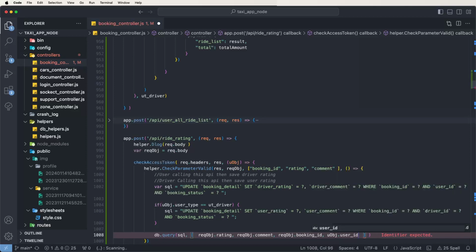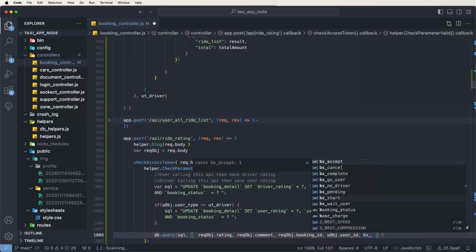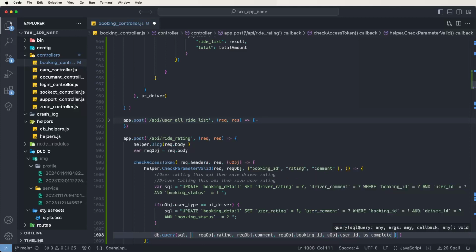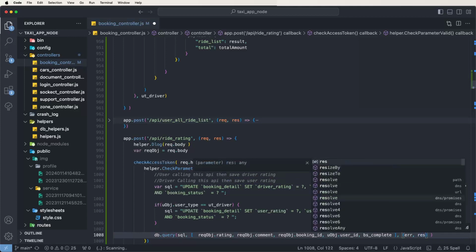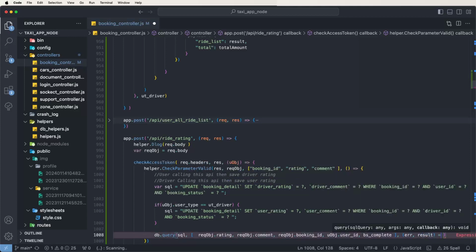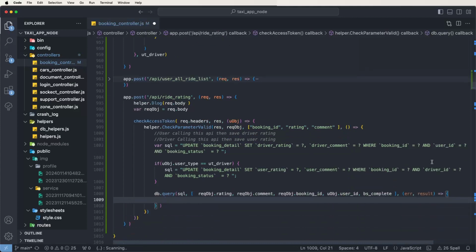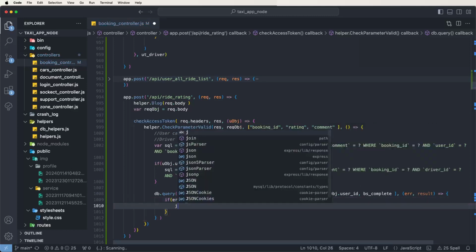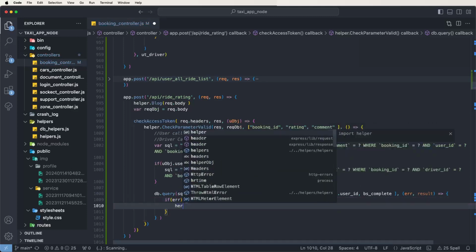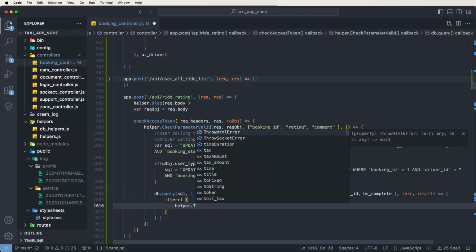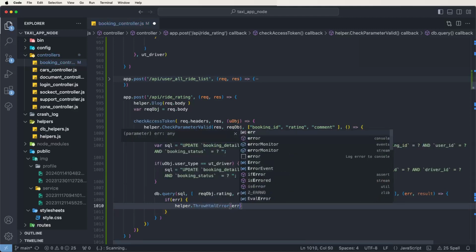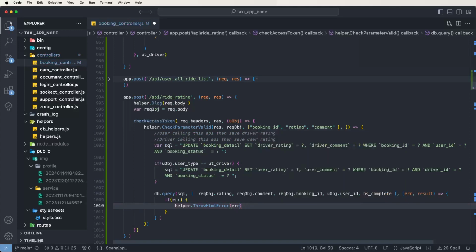and always need to check this here the bs dot complete status. Need to call this here like this. Need to calling here. Now need to return here the errors and results. Set. Now need to check if errors, then need to call this here the helper pro errors and response